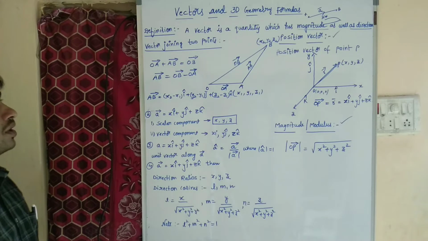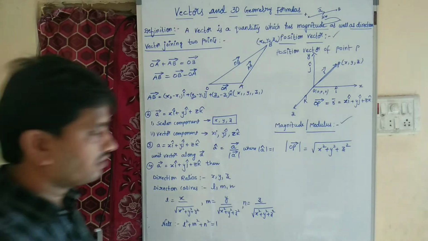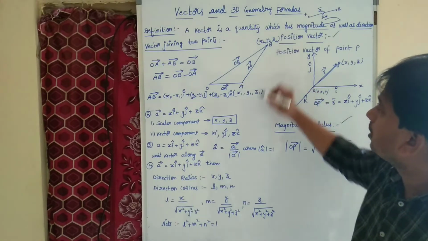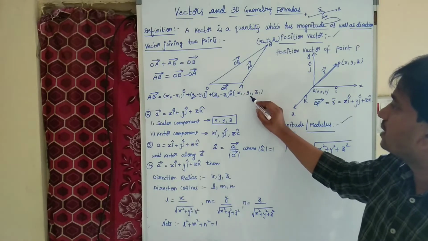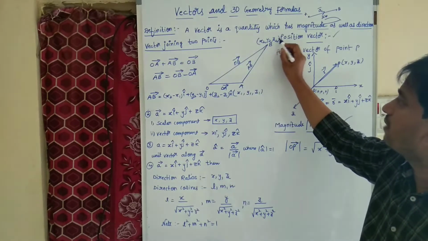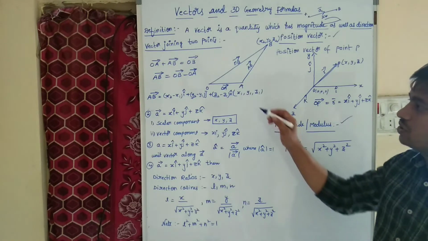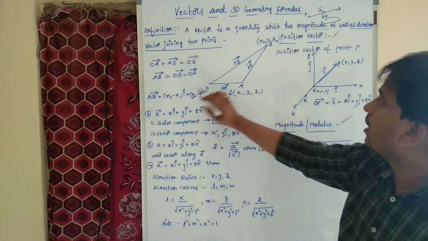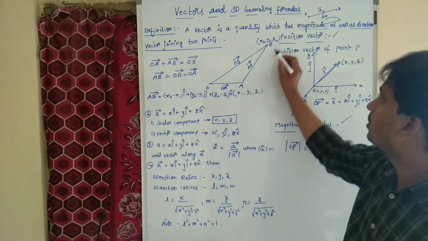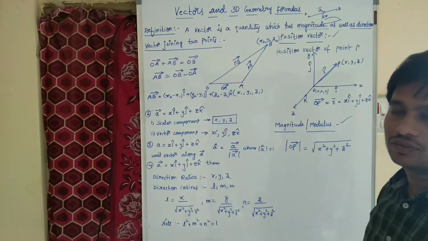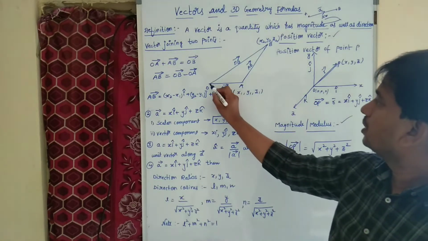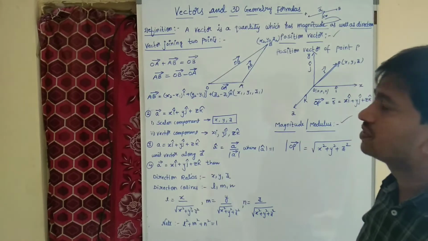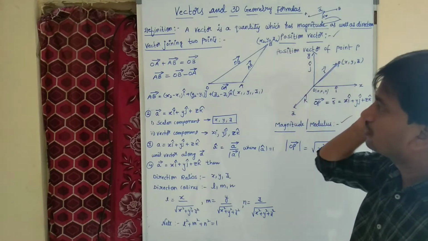Now coming to vector joining 2 points. Okay, so the 2 points are A and B. The position vector of A is x1, y1, z1, and of B is x2, y2, z2. So AB is nothing but, by the formula, x2 minus x1 i cap, y2 minus y1 j cap, z2 minus z1 k cap. Okay, so this is our origin, this is OA bar and this is OB bar. So vector joining 2 points AB bar,